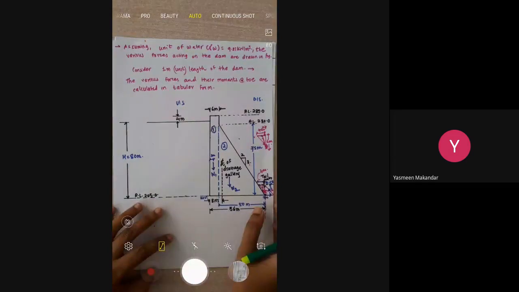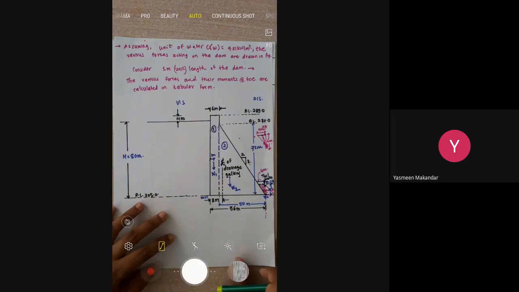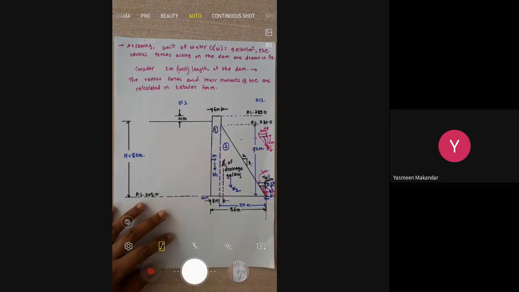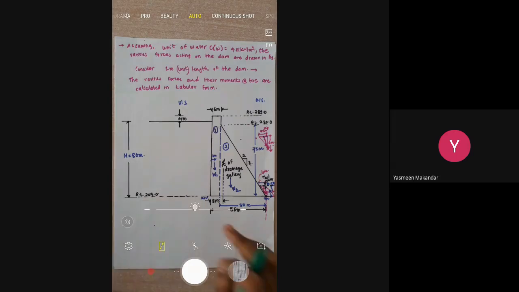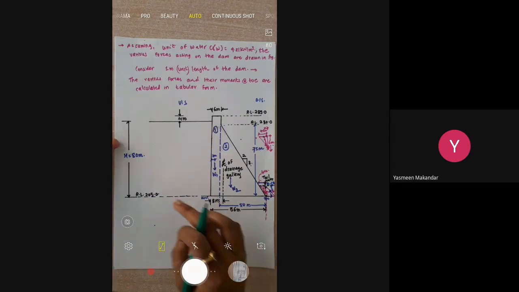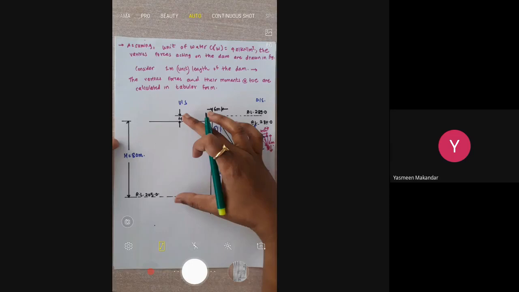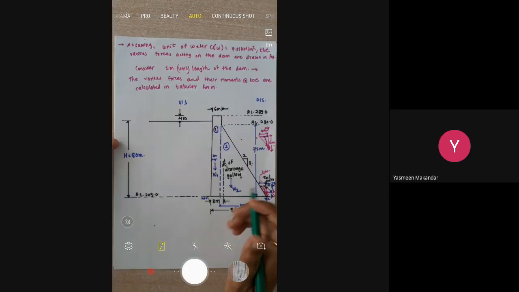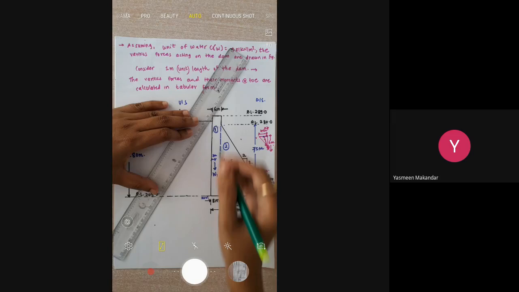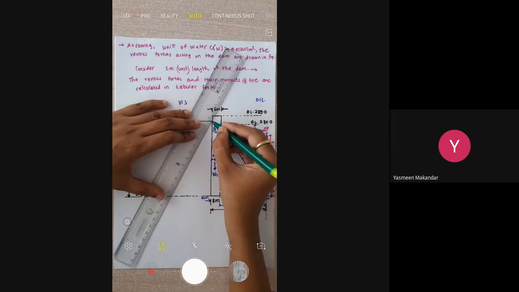Therefore, we first require the hydrostatic pressure or water pressure on the upstream and downstream side. On the upstream side, the water is there. Height of water retained on the upstream side is 80 meter. So if we draw the hydrostatic pressure distribution diagram for this, it would be